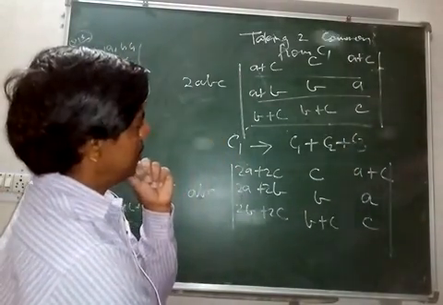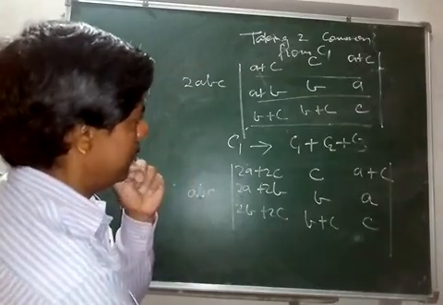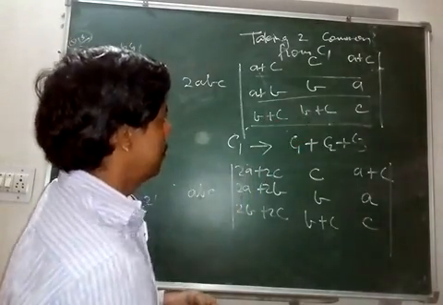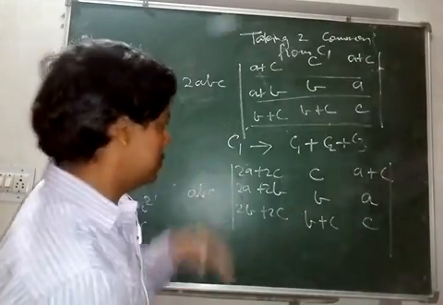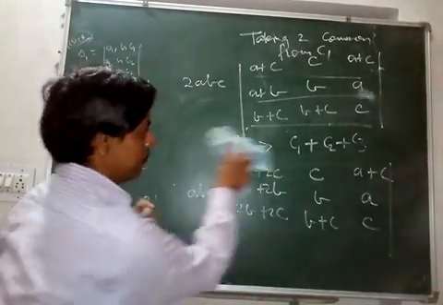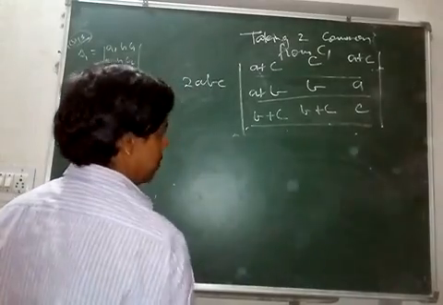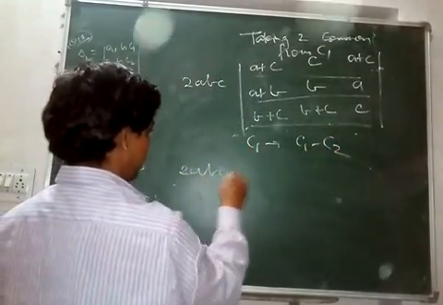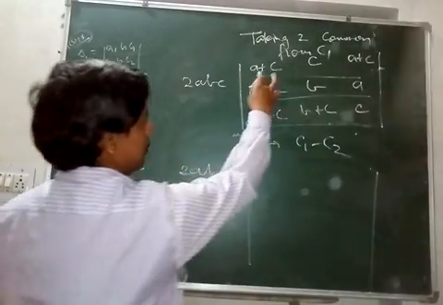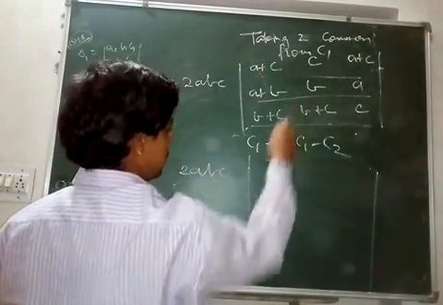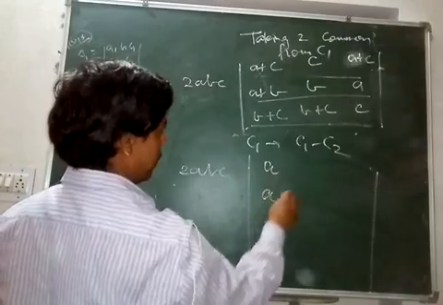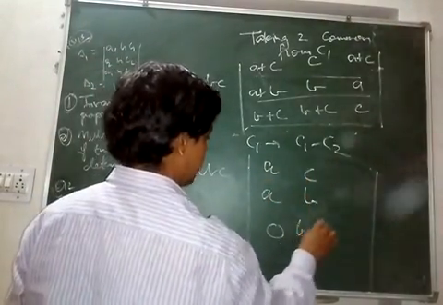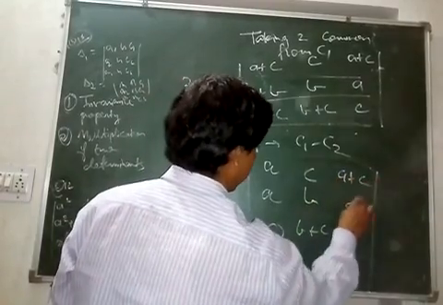What can be done so that you get 2 zeros quickly here? See, if I subtract C1 from C2, let's do C1 turns to C1 minus C2. C1 is transformed to C1 minus C2. What I will get? 2ABC, and here I will get C1. This minus this, so C is gone, B is gone, and here it is 0. See, A 0, very good. C, B, B plus C, A plus C, A, C.